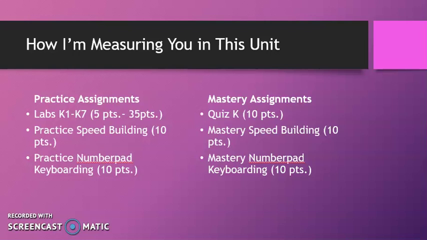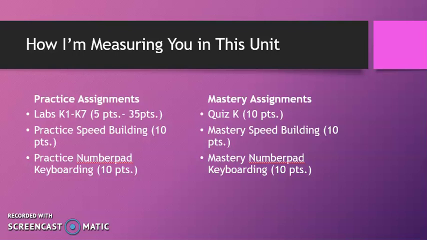In this unit, I'll be measuring students with the following methods. For our practice assignments, I'll be measuring them with labs K1 through K7, so 7 different labs. The first 5 will deal with all of the reviews of the keyboard, while labs 6 and 7 will talk about number keyboarding as well as using the keypad on the side of a keyboard. In this assessment, we'll be also doing a practice speed building. We'll be measuring the words per minute for students, and they'll compare it and see how much growth they've accomplished. Additionally, we'll be talking about the number pad, and we're going to play a few games with the number pad